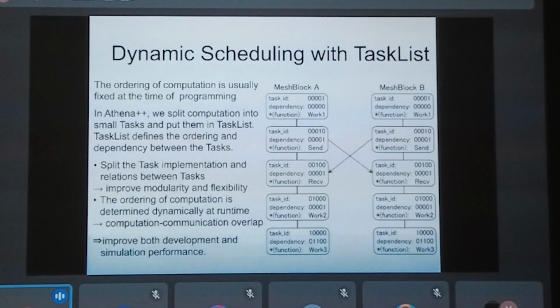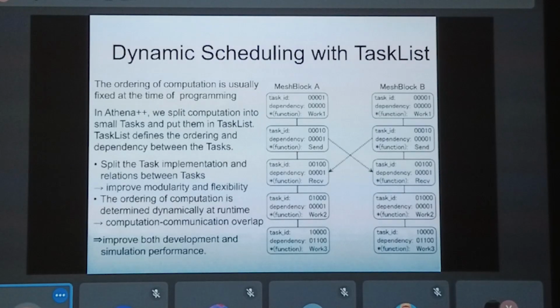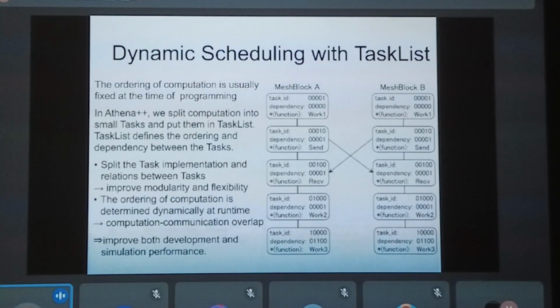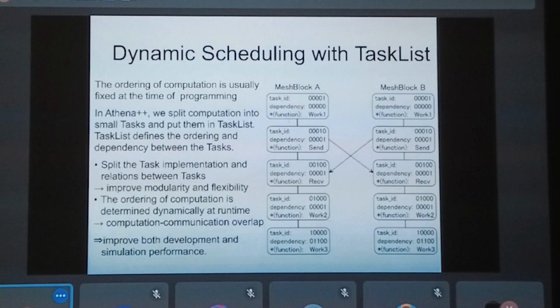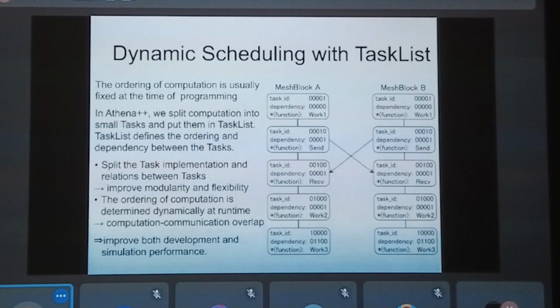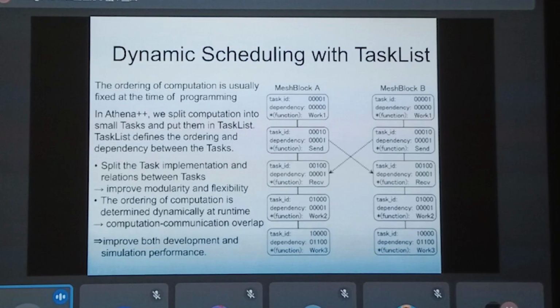So each task has a dependency, and we just put these tasks in the task list queue, and the code processes this task list from the beginning. So this figure explains the example. So let's say this mesh block A is on process 1, and this mesh block B is on process 2, and these are parallel calculations.